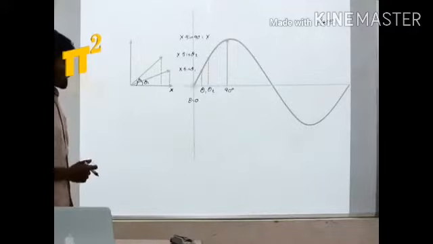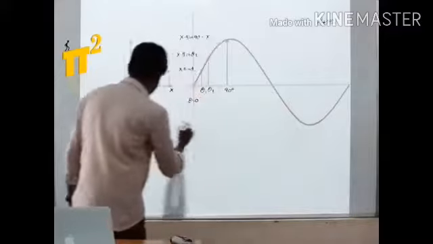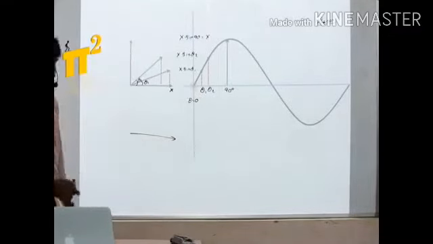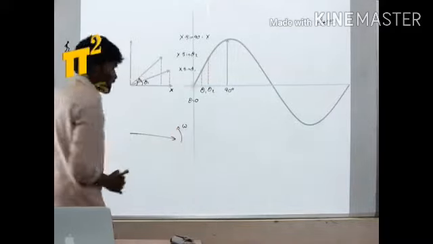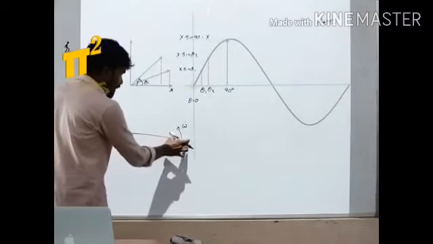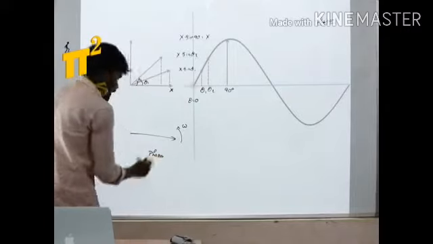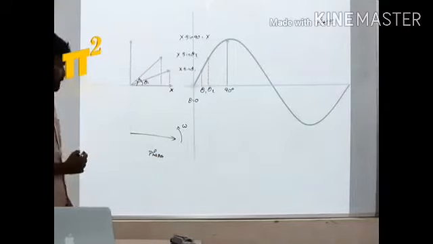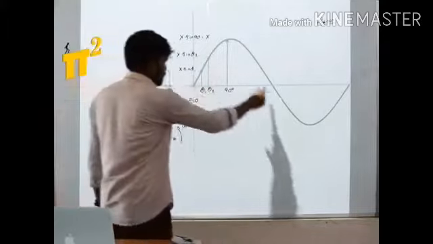So what you understood is, instead of drawing a sine wave, I will just draw a vector. And I will say this vector is rotating at some speed omega. So this vector with this speed representation is called a phasor. That's what I defined. A phasor is a rotating vector, which means this single line represents this entire shape.